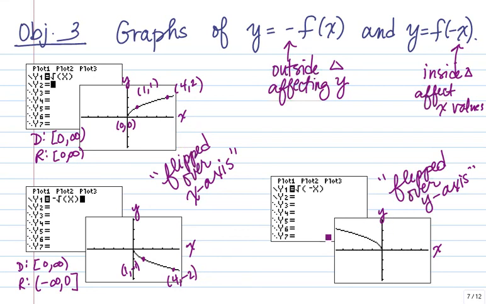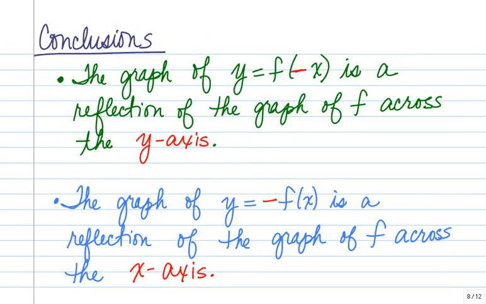For this transformed graph, my domain was affected, which is what I would expect since the x value was changed. It's from negative infinity to 0. Now the range was not affected because we didn't change the y. It's from 0 to infinity. Okay? So let's make a conclusion here about the true name that we can call this. The graph of y is equal to f of negative x is a reflection of the graph of f across the y-axis. So when we're inside changing the x values, we're reflecting across the y-axis, because if you think about this,